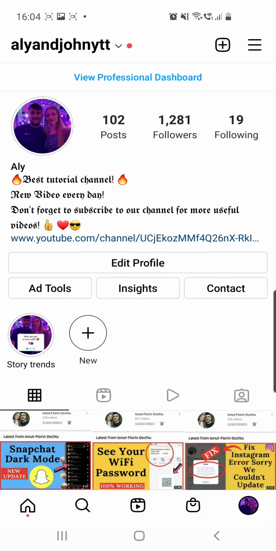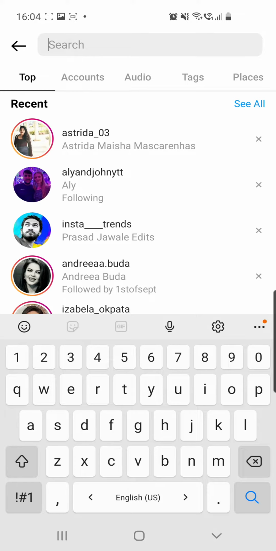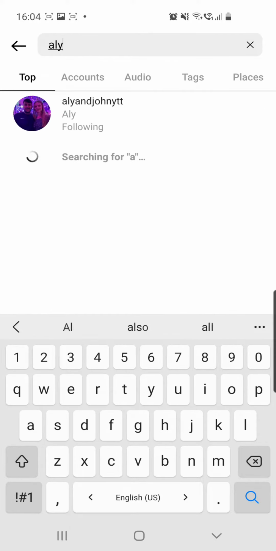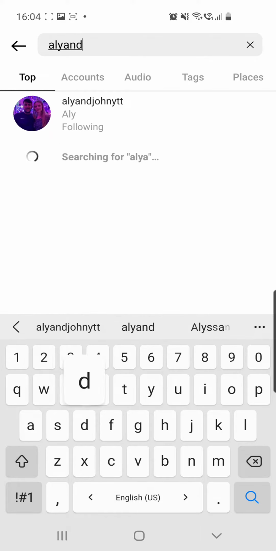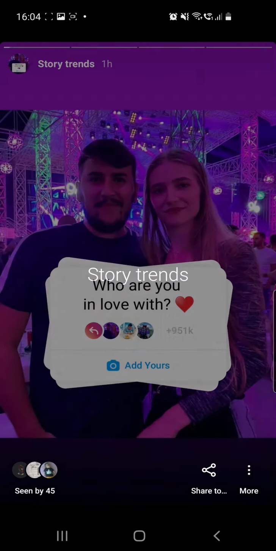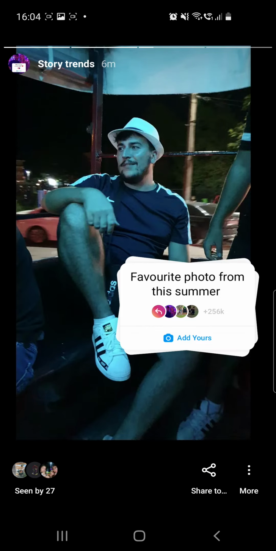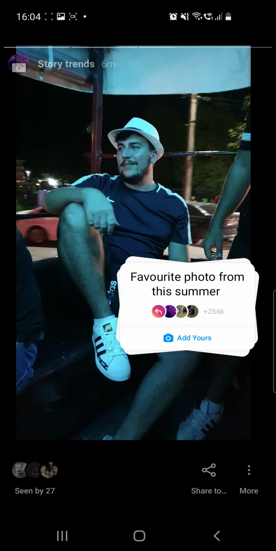So click on the search icon from the bottom of the page and you can search for my account, Ali and John YTT, or the first account. But if you go to my account, Ali and John, you will find it much more easier. Click on the profile, and then here you have to click on story trends from highlights, and then you have to go to the third story, and from here you have to click on add yours